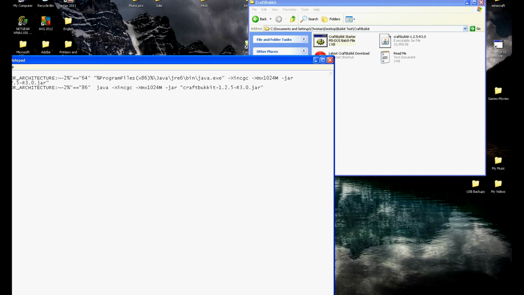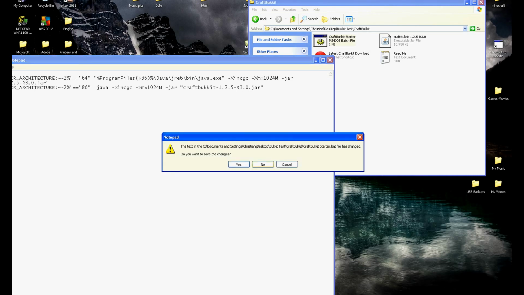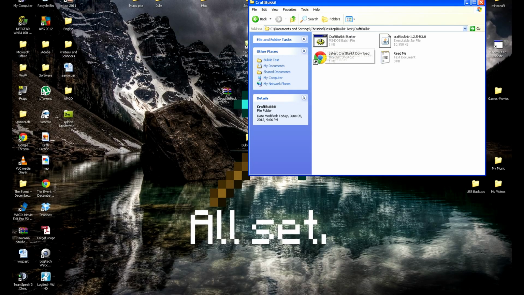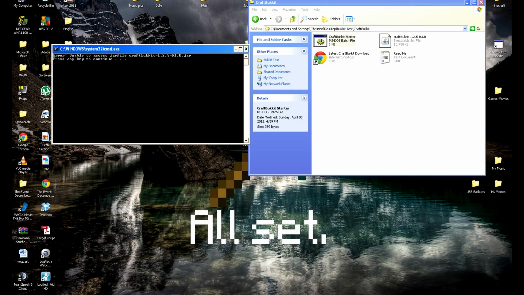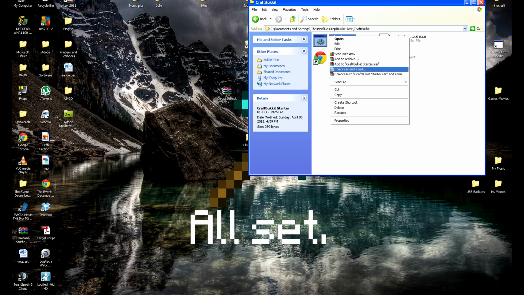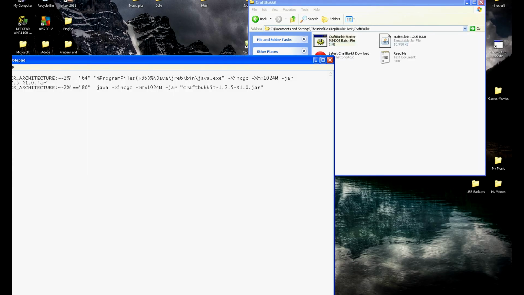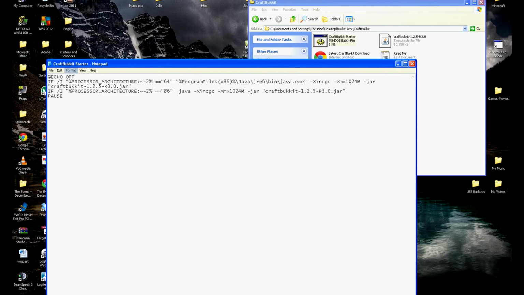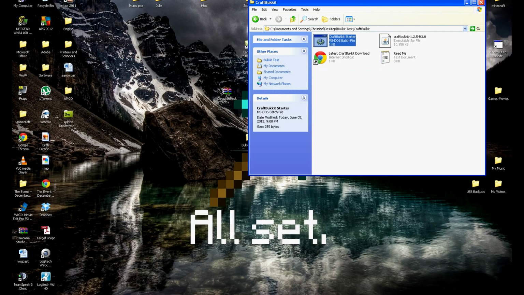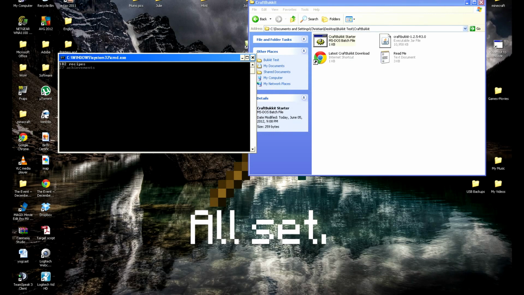So I'm just going to quickly show you what happens if you don't do that. It says unable to access the r1.jar file, and that's because we don't have one. So we edit it, go in here, change these to R3, and go File, Save. From there, you then just cross out of that, double click on this, and as you can see,